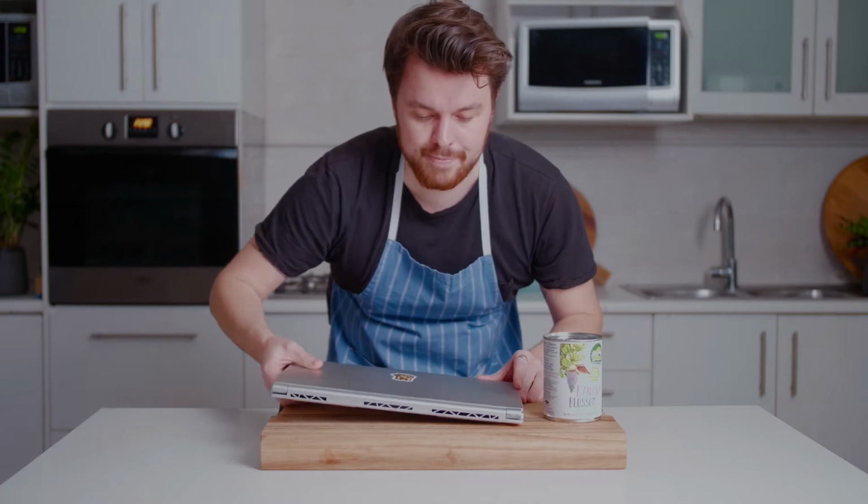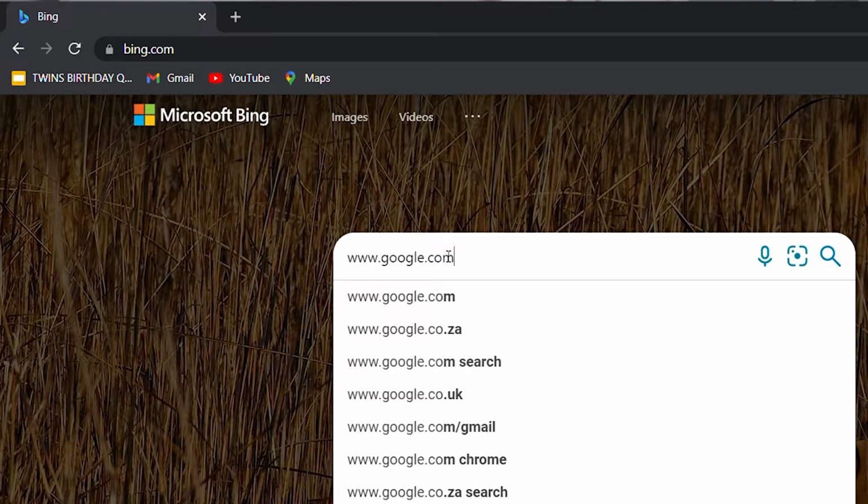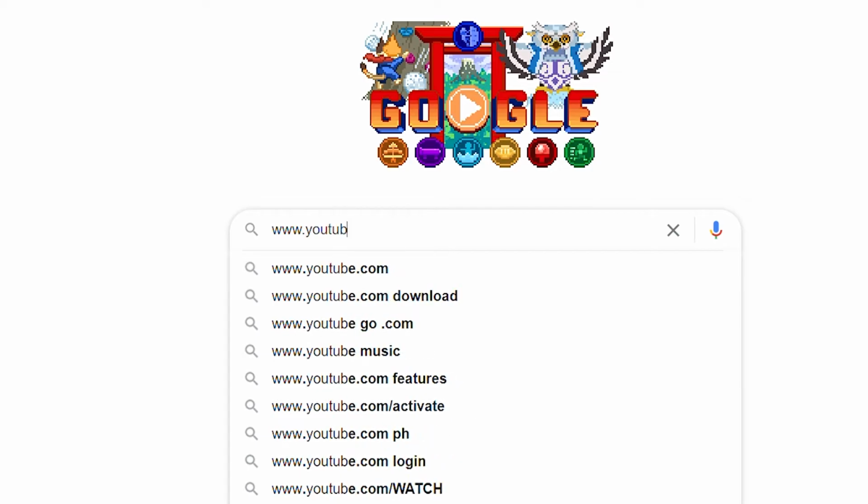kitchen laptop. Everyone's got a kitchen laptop, right? Okay, well if you don't, you got to get one. www.bing, www.google.com, www.youtube.com, vegan banana blossoms,